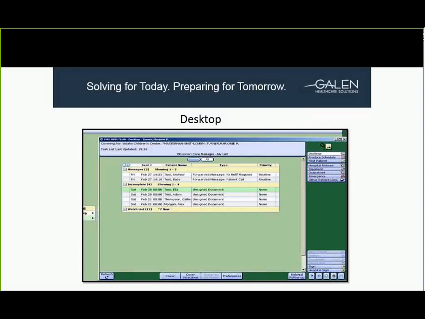Now, this is the desktop that we talked about. When you first log in to the clinical desktop and provider desktop, this is where you're taken. This is like your work list, task list, your messages, any of those things are given here. And you can change what you see by doing cover selection. So if you're covering for a different provider that day, you can pick that provider and uncheck your provider, and it'll bring you up anything pertaining to that particular provider. That's really nice and makes it really versatile for floating your staff and decluttering some of that. But here, what I want to look at is,